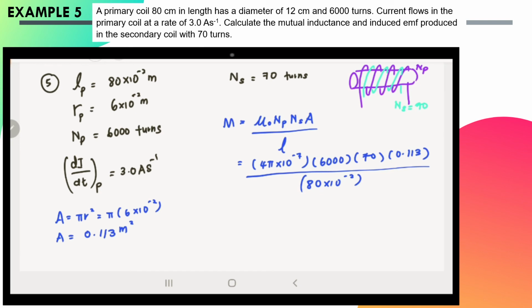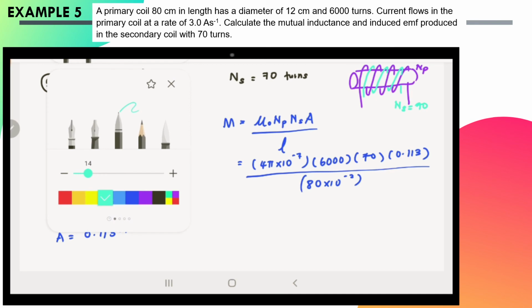So the length L is still the same, since the length of the primary coil is equal to 80 centimeter. Okay, so let's substitute